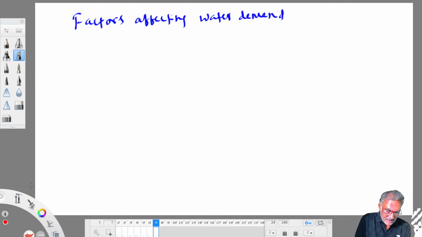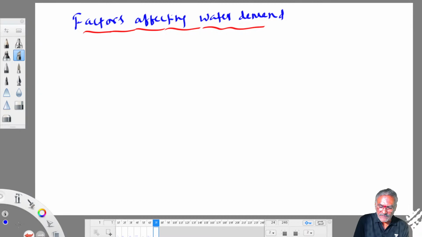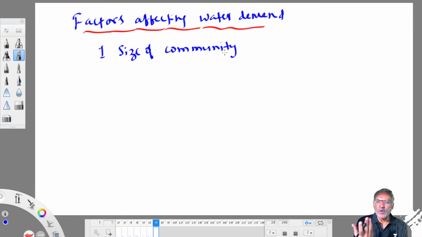Generally, system factors, population factors, city factors, all those things influence water demand. First one is size of the city, size of community. Small communities like villages, if you supply water for just drinking purpose, it's more than sufficient. You don't need to meet all of the demands. You don't find public parks, industries, or software companies in villages. So just domestic purposes supply, people will be more than happy.